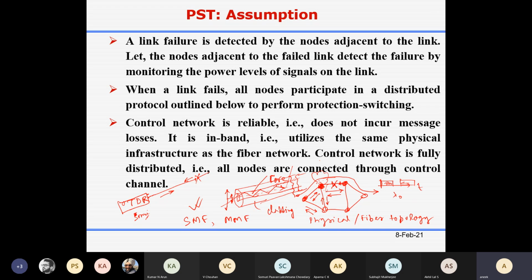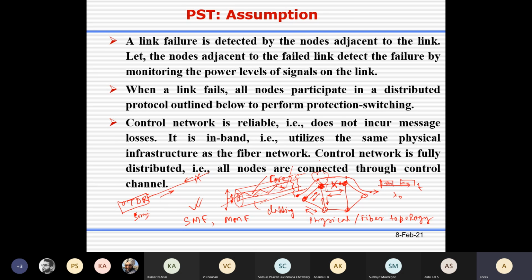The source node of the light path is here, and the start node of the failed link is here. This is the end node of the failed link, this is the source node of the connection and this is the destination node of the connection. This is the terminology we use.